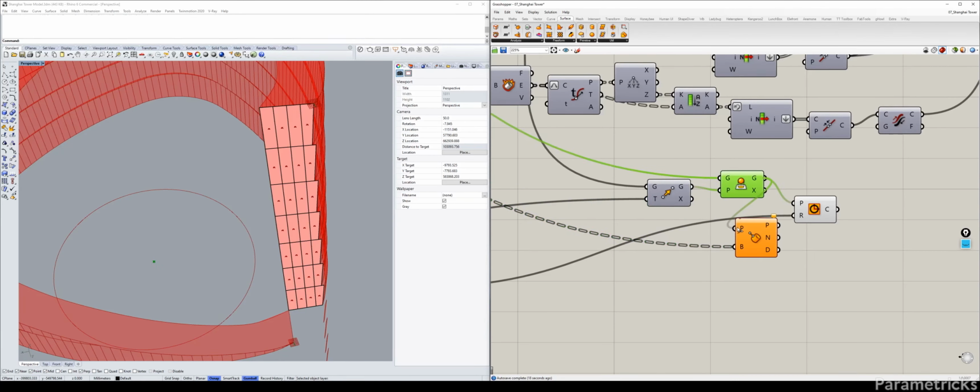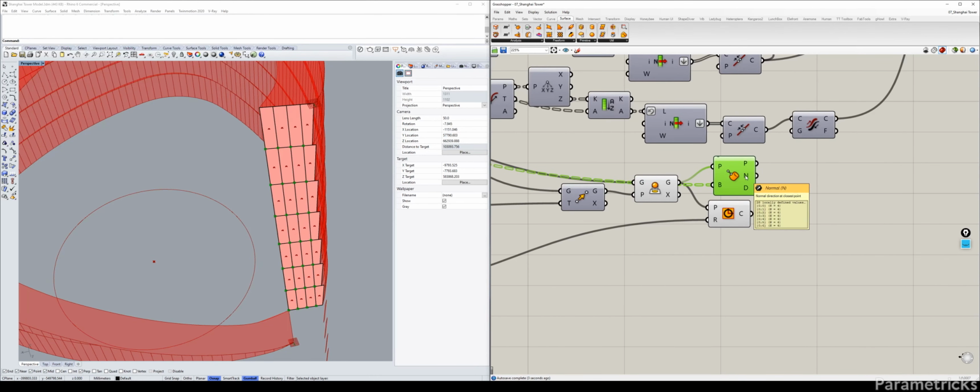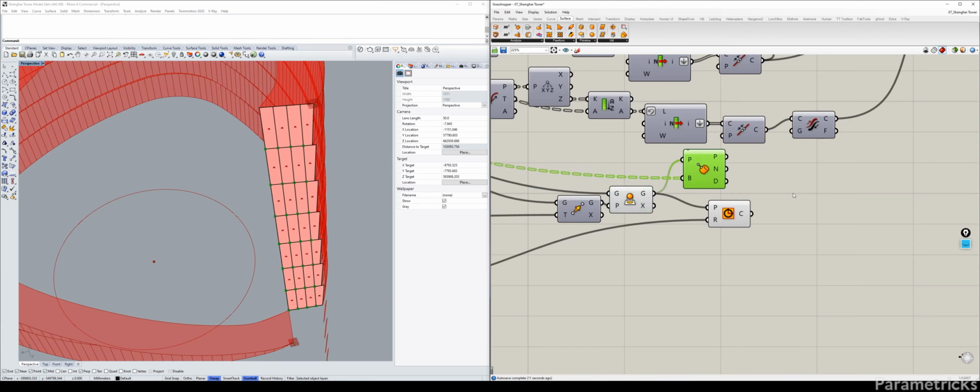There's my point, so I'm just going to do this. But what this does is it doesn't give me, well, it does give me the distance actually. Let me see. Yeah, so we could sort this by that distance